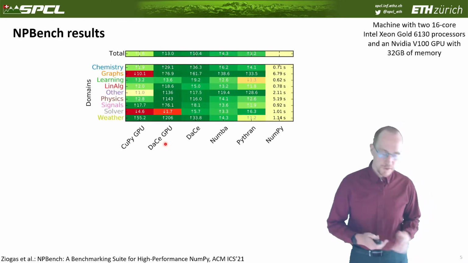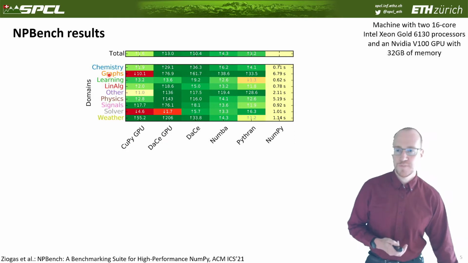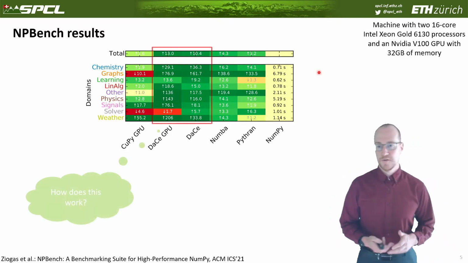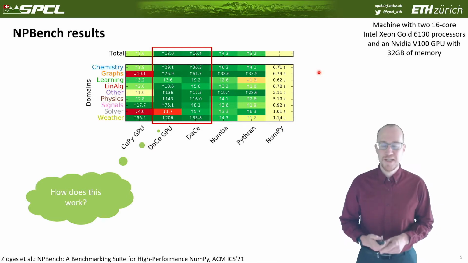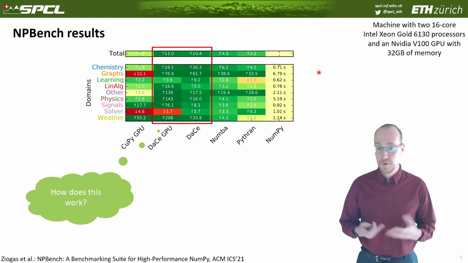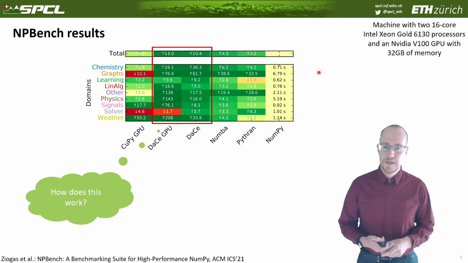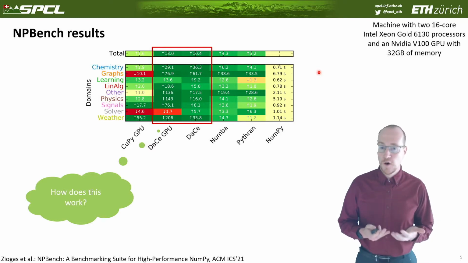But on average, if you just look at the totals summarized by domain, or maybe even summarized by absolute total, you can see these various speedups, and these frameworks are actually helping. So DaCe is the strongest framework for this particular set of benchmarks. And now the question is, how do we get there? How does this work? And this is where we get to the COLOC workshop. It's all about the data movement. And I want to use the remaining 18 minutes to explain a little bit more how we achieve this.